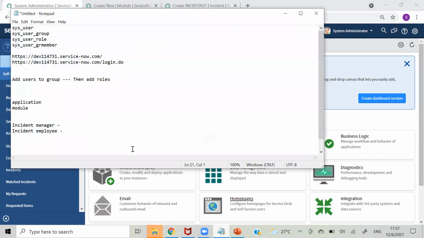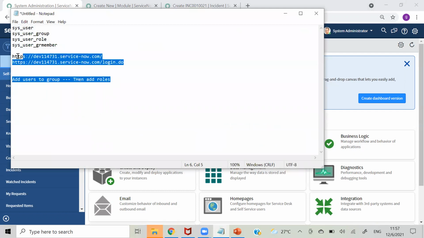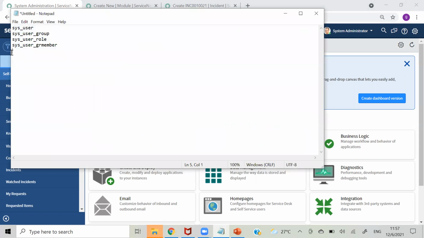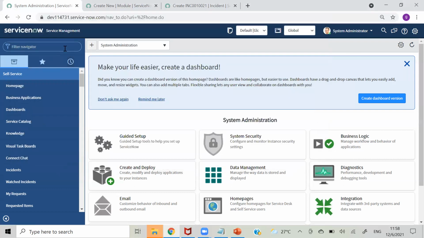So practice the topics we covered till now. Even try these application menu restrictions. Try to create a user, add that to any group and roles, all those things. And just remember these groups, because in future, if you get into ServiceNow development, these are the common groups you will open every day. You will open them 10 times every day. So just remember this. And how you will open this, if we have 5 minutes, I will tell some shortcuts of ServiceNow.